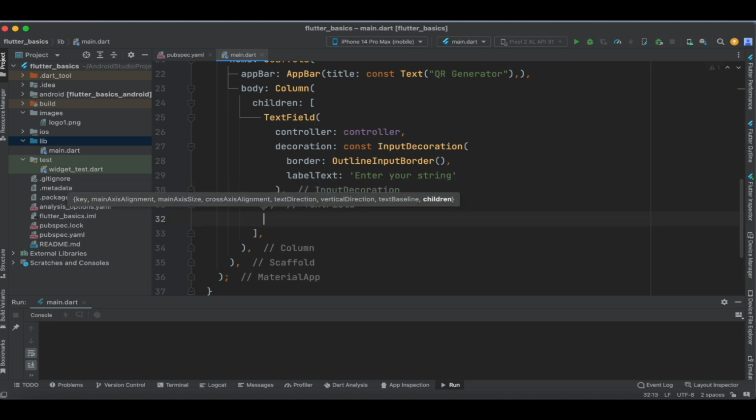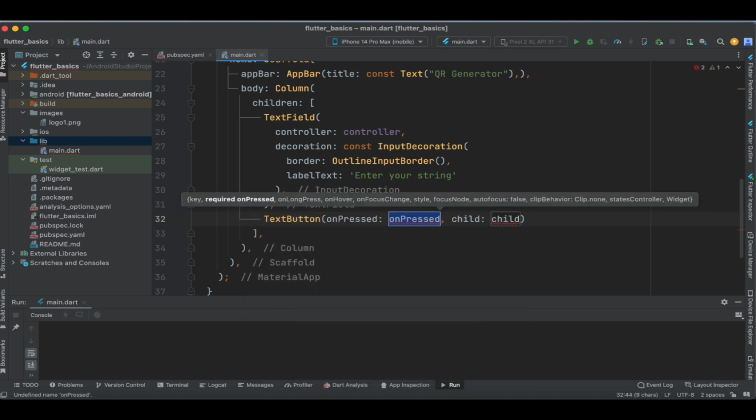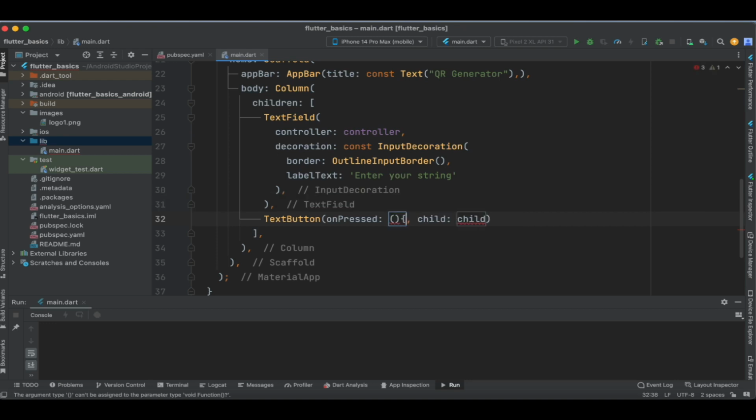And the next thing is we need to add a button, such that whenever the user provides some information, the next step is to tap on this particular button such that the QR code is generated. And here again let us specify a text widget. Every time we are going to specify any text, we make use of this particular text widget here. Maybe that is app bar or text button. So, generate QR,